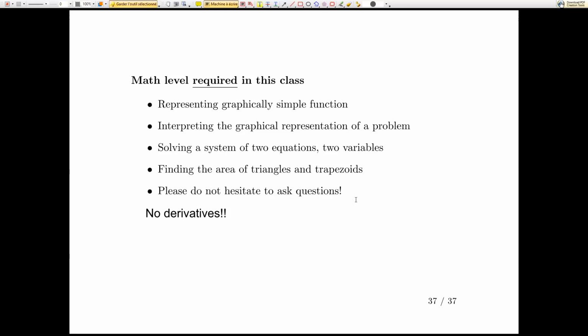Do not hesitate to ask questions. I know it can be scary, or maybe you think it's embarrassing to ask a question, but it takes courage to ask a question. If you do, people are going to say, okay, that person didn't know, but at least, thank God that person asked the question. I had the same question. So please do not hesitate. That's the name of the game. Okay, so we're done with the introduction.